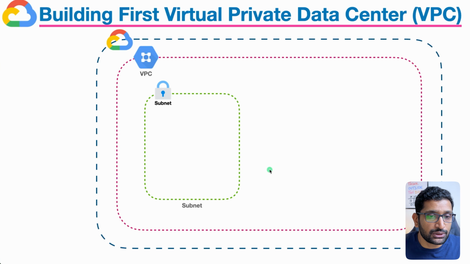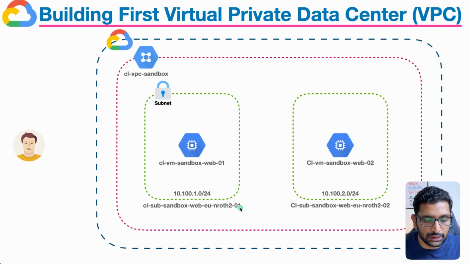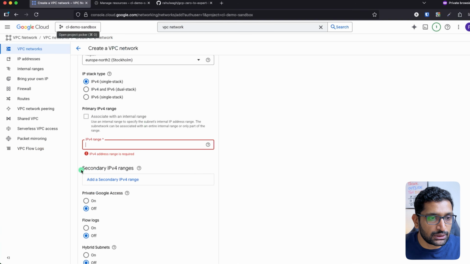All right. So if I show you in the diagram, let me show you over here. Okay, this is the one. So here you can see this is the IP range which we are going to assign to my subnet. The IP range is going to be 10.100.1.0/24. So let's get back to our subnet over here